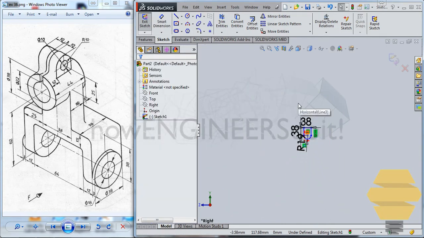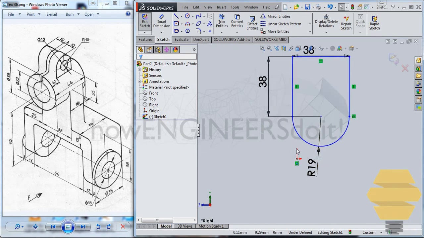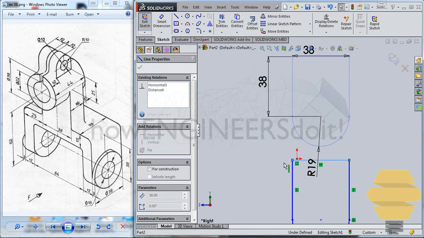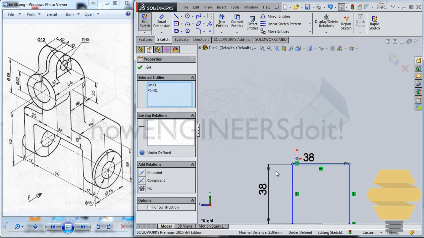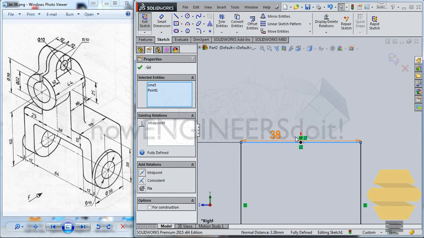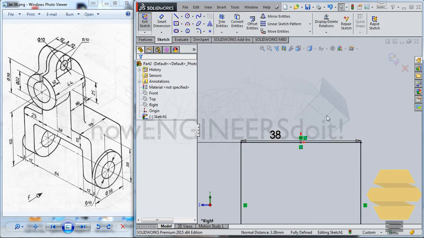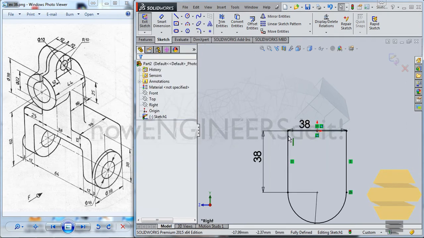except that, okay, the origin is here, so I'll just drag this. I'll take this, control middle mouse button, select that line and go for midpoint so that I can set it there. Click on the tick mark. So we have the sketch fully constrained now. As you can see, it's fully black. Now exit the sketch,